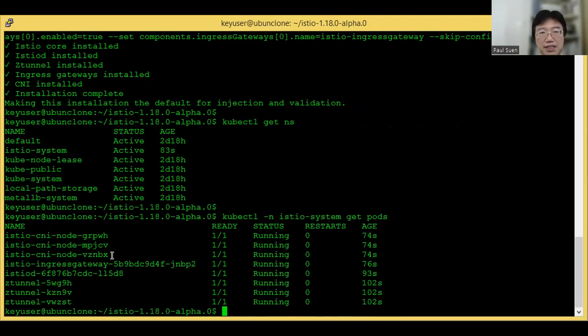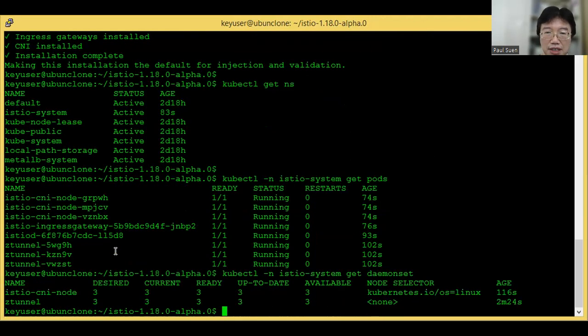And also, as I mentioned briefly before, we also have this Istio CNI pod. It's also a daemon set deployed on each Kubernetes node to take care of the network redirection from pod to ztunnel. So there are 2 daemon sets installed.